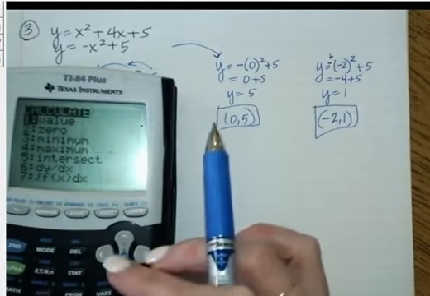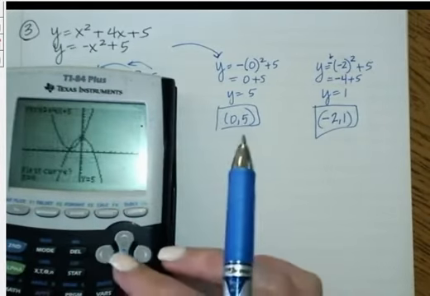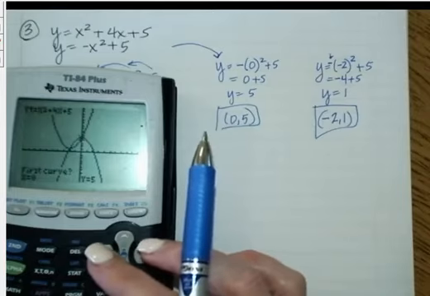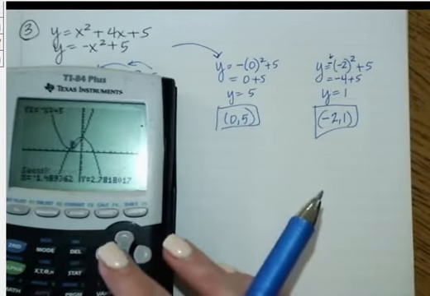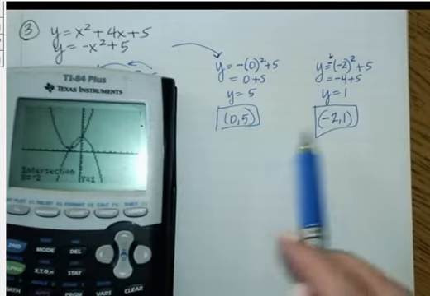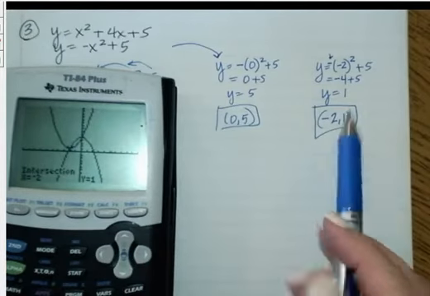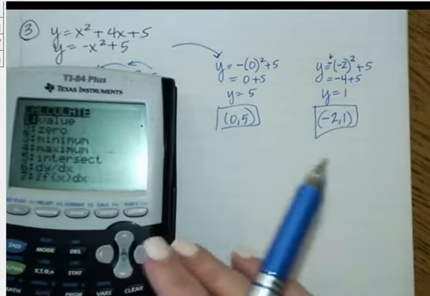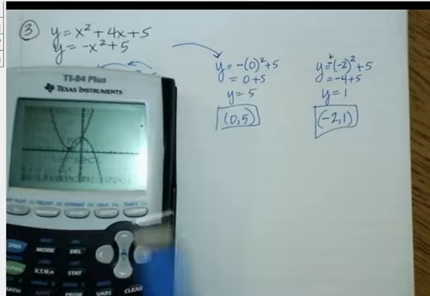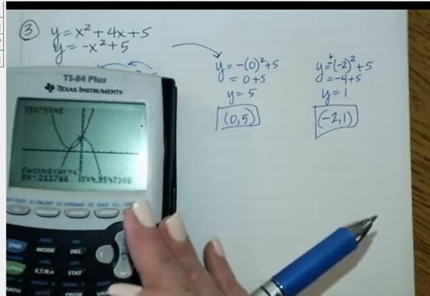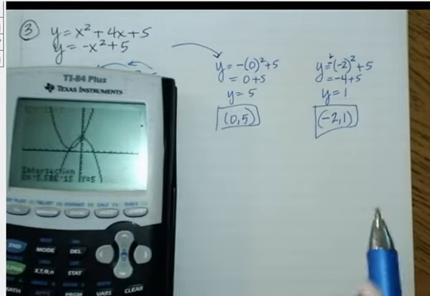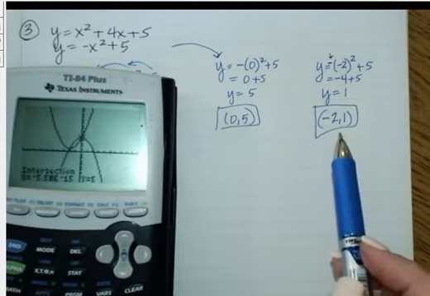Second trace, go to intersect. So if I go close to, let's see, I'm going to do the left side first. So this one should give me, oh, there's my negative 2 and 1. Then I'm going to do the second thing again. Hit 5. Go closer to the other intersection. This one, this one, this one. And I get,